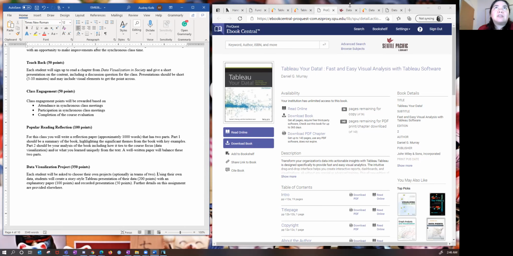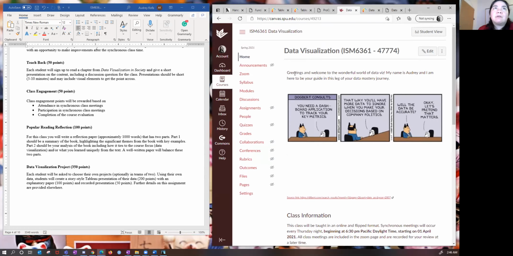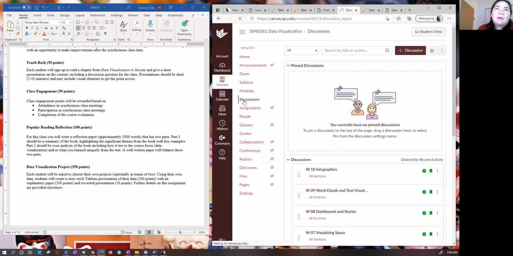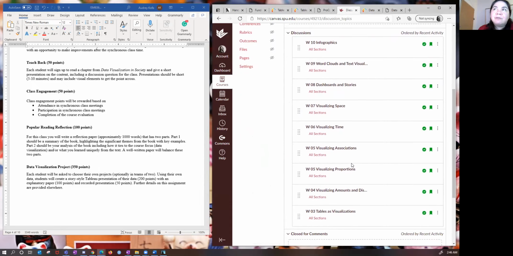Then we will, as a class, use the breakout groups to talk about different data viz examples. As we go through, I'll post a few examples that we'll dissect in these groups each week, and you'll look at them for what is awesome, what is terrible, what is mediocre, how would you make these better, and talk to each other about these things as a class. Kind of try to make a checklist of good and bad things to check for. So basically applying what you learned in the reading to real life examples.